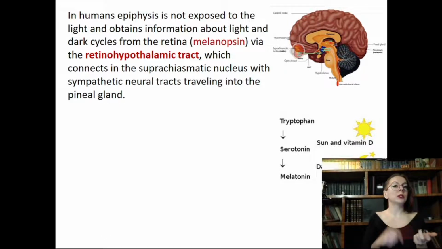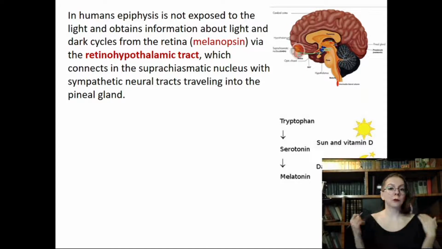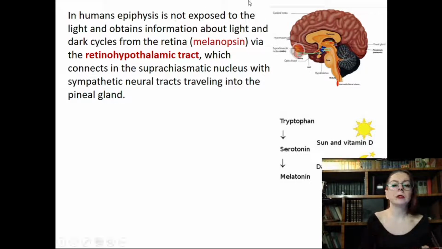You remember in our rods and cones there were two pigments, rhodopsin and iodopsin, and they are responsible for the visual information. But there is one more visual pigment, melanopsin. This protein is expressed by ganglion cells, and it is not responsible for the visual information. It doesn't give us the image, but its function is just to inform us about the light. So if our retina is illuminated, then melanopsin sends the information via this tract to the pineal gland to produce